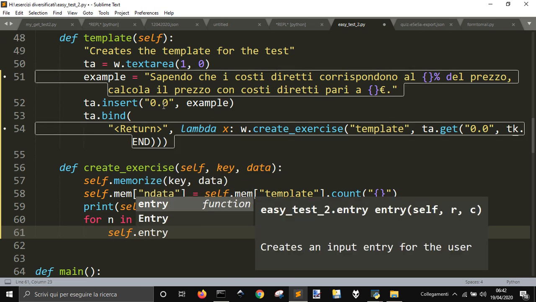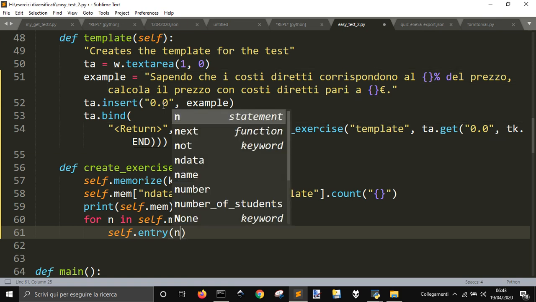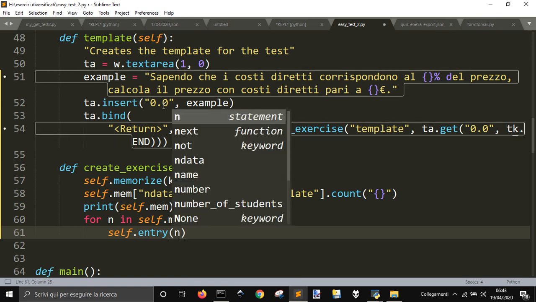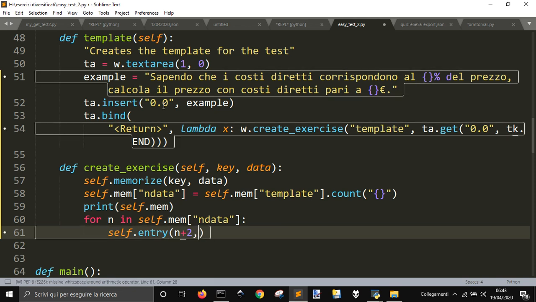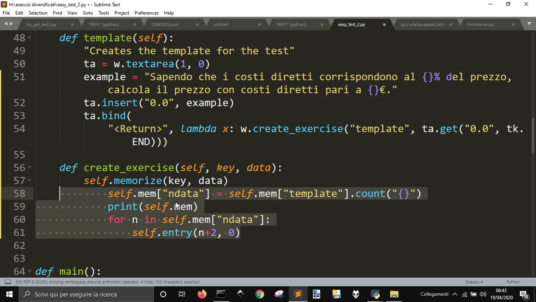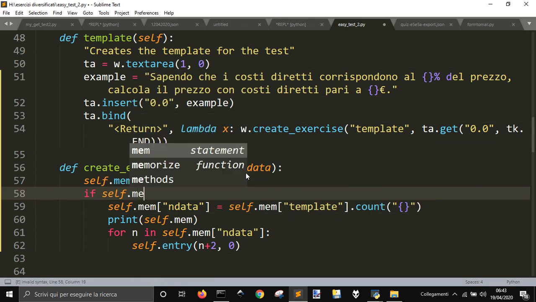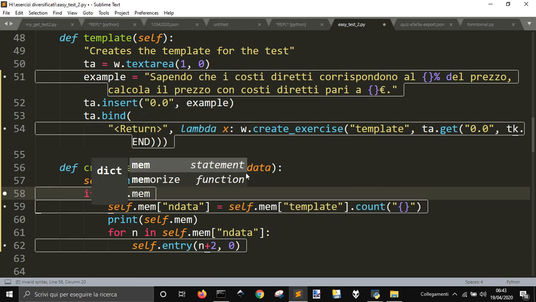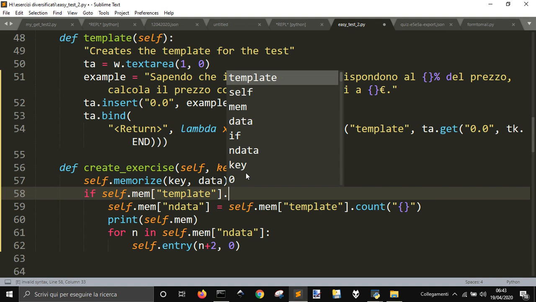So entry, and it must be n plus 2 and to 0, and all of these only if self.mem dot count